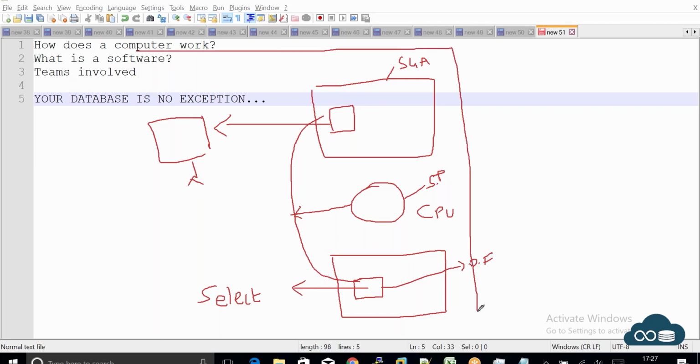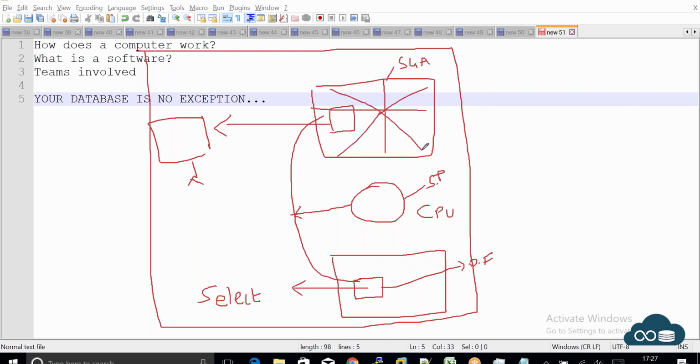Just stick to this part and you'll understand everything. We'll understand the memory components later so that you'll understand it better. But understanding this part is enough to tune your database.